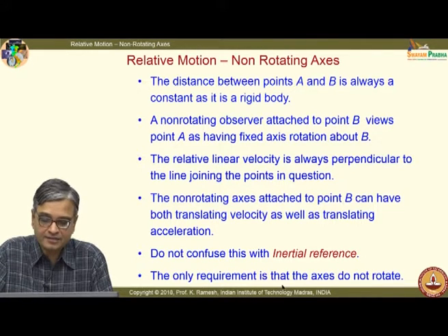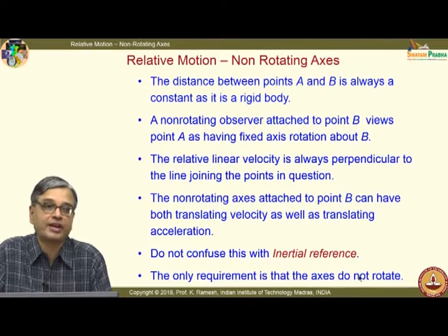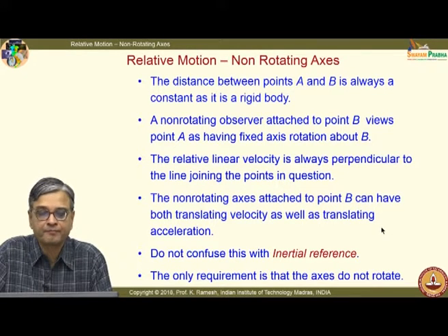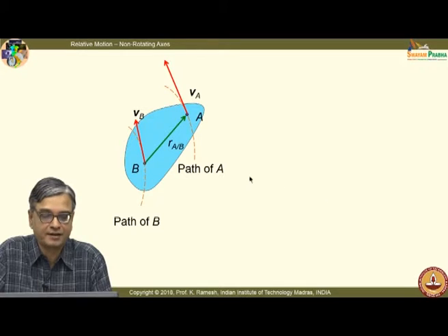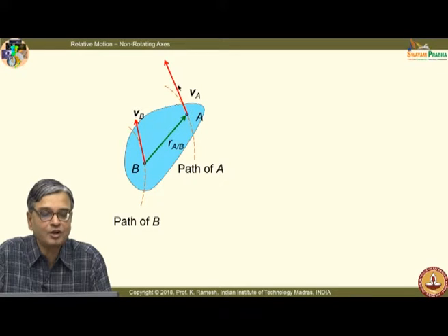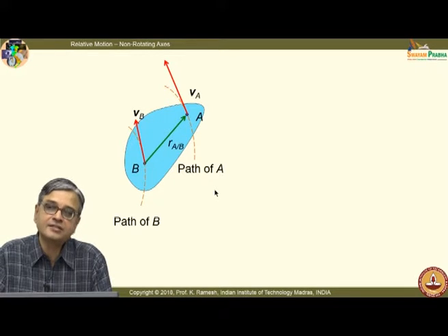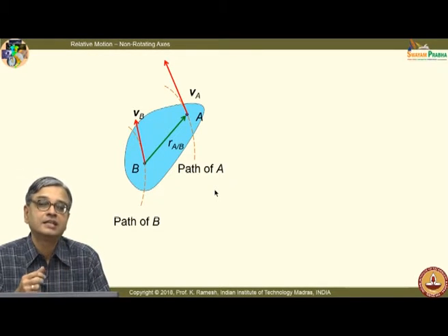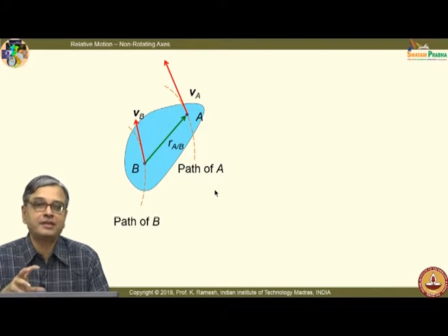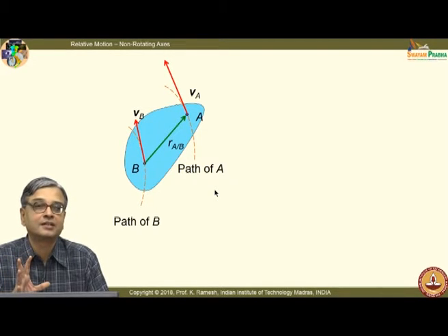The only requirement is that the axis do not rotate. Okay. We will see and understand it better now. Because you know the path, I can easily depict the acceleration, the velocity as tangential to the path. I have velocity Vb at point B and I have some other velocity Va at point A. My interest is now to try to visualize, suppose I attach an axis at B, what velocity it would translate